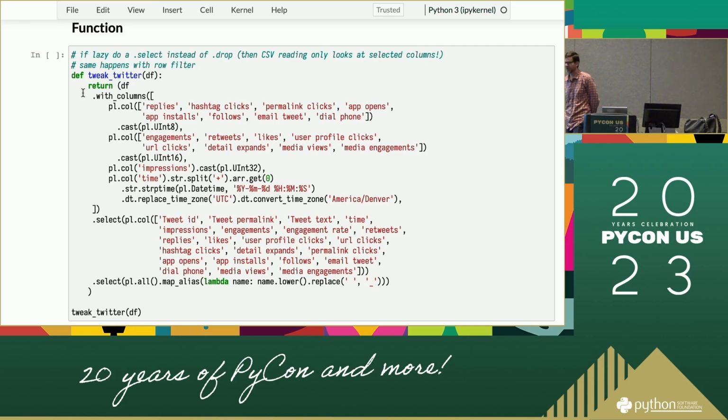And so this is my tweak Twitter function. This is taking the raw data and cleaning it up. And again, I would make a chain like this. I would do this in Pandas as well. In polars, it's kind of encouraged to do a chain. In Pandas, you don't see that a lot, but again, polars, because it can be lazy, can do some smart